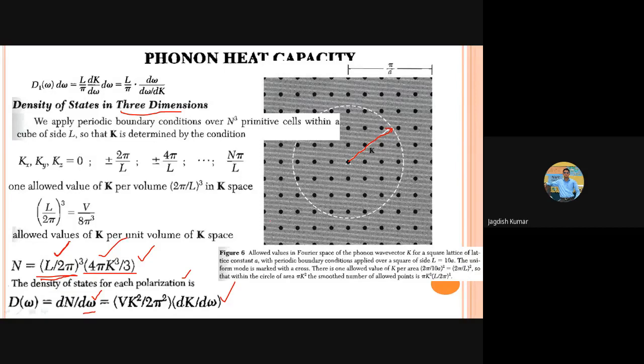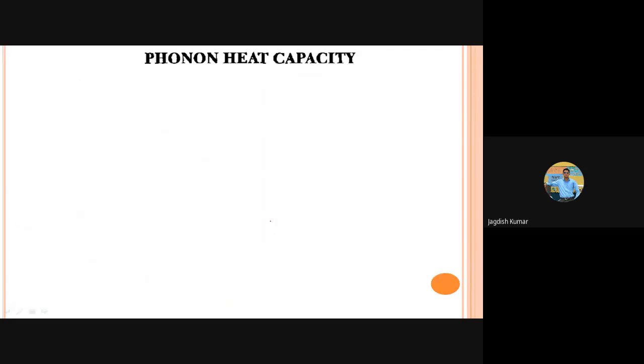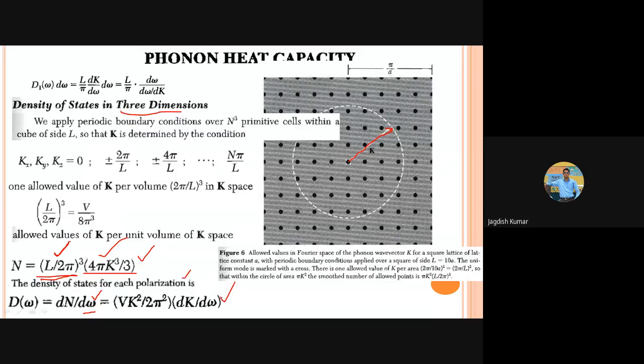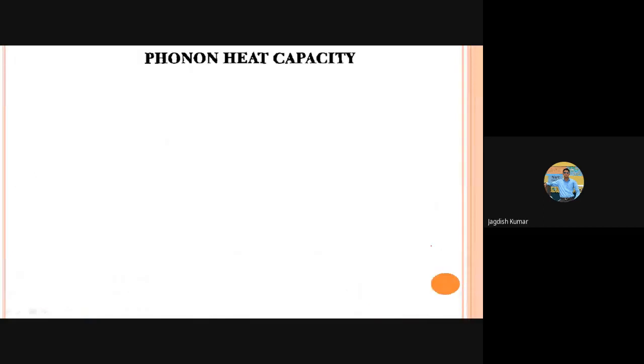That was our idea at the beginning, how we can actually find out the density of state. That was the thing to be asked. Now, having done this general idea of obtaining the density of state, to calculate phonon specific heat or phonon energy, we need the density of state. For that, we need d omega over dk, or omega versus k, which we call phonon dispersion relations. They are very important.